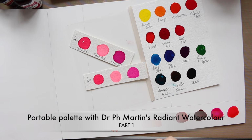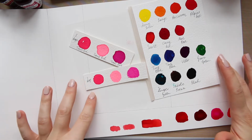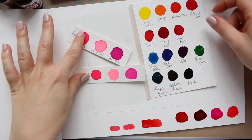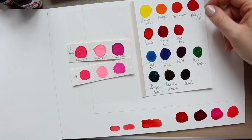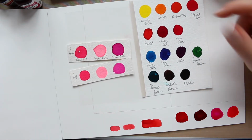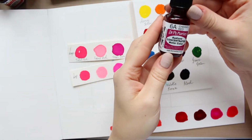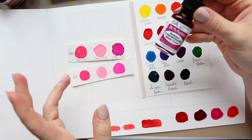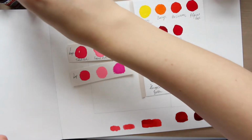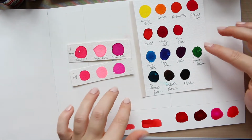I'm still recovering from my flu, and I'm just going to do this video, and it is exciting, however, because I want to show you how I discovered how you can make a portable little palette with these Dr. P.H. Martin's Radiant Concentrate. Personally, I have not seen any videos on this, so I don't know if anything like that is available on YouTube, but I have discovered this just by